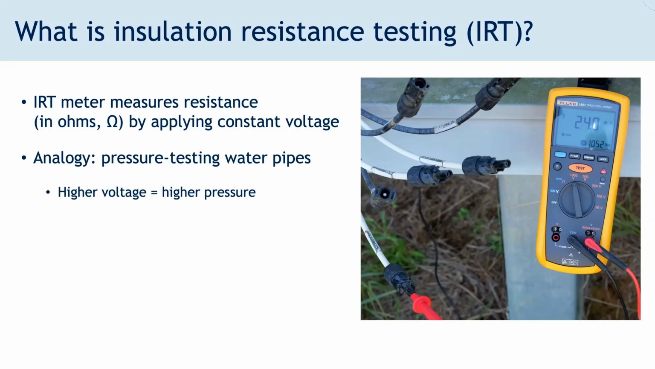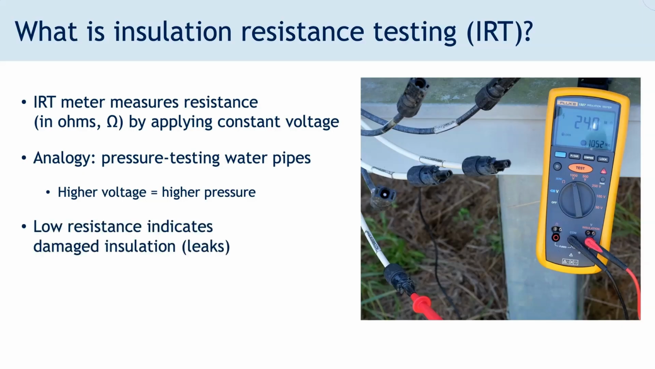The analogy here is it's like pressure testing water pipes. We apply a high pressure, in this case a high voltage, and we make sure none of the electrons are popping out and leaking out of the circuit. If we have a low resistance value, that indicates we have damaged insulation or some path for electrons to escape